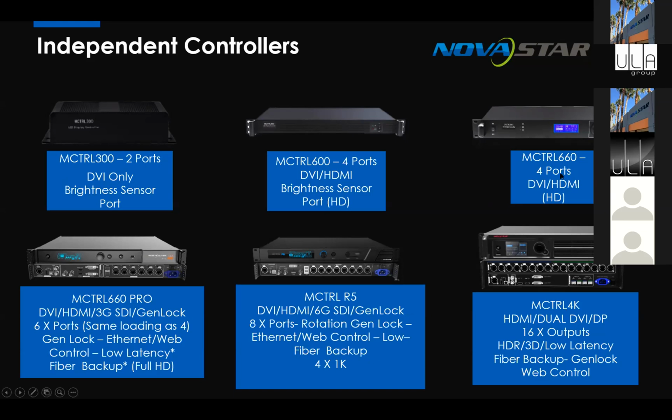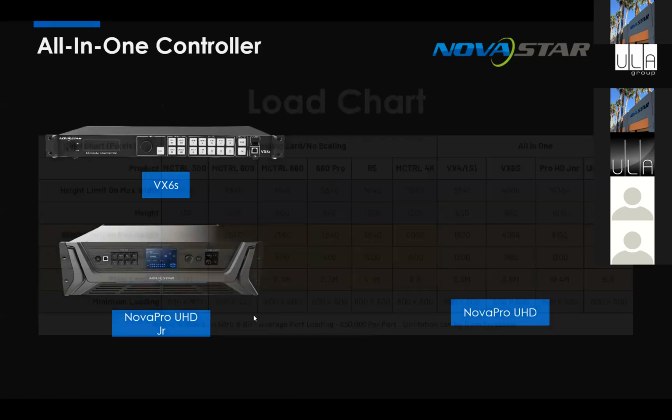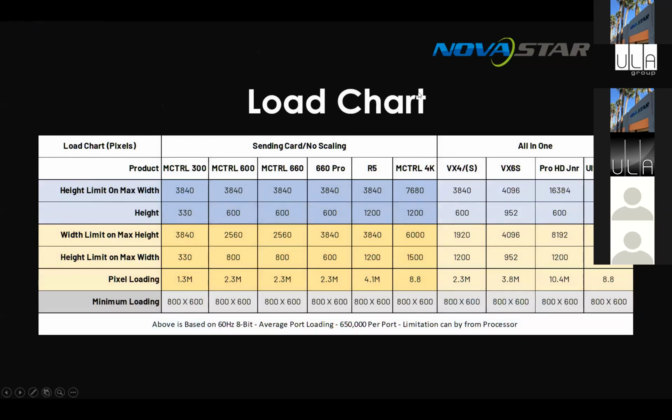Moving on from this, we then move into the scaling processes. So we sort of spoke about some of the other ones. I don't know why the image of the Ultra HD isn't showing up there. But basically, these are the current generations of scaling processors. So the VX6 has 6 ports out. The Junior, which we just spoke about, has 16 ports. It's a 4K, and then you've got the Ultra HD, which is the big baby of them all. This chart here basically shows all the loading capacities that each unit does. And look, I'll send this PowerPoint out so you don't need to worry about it.